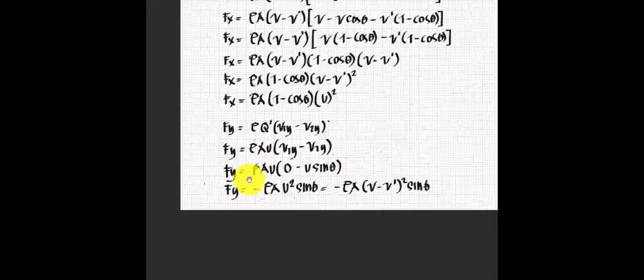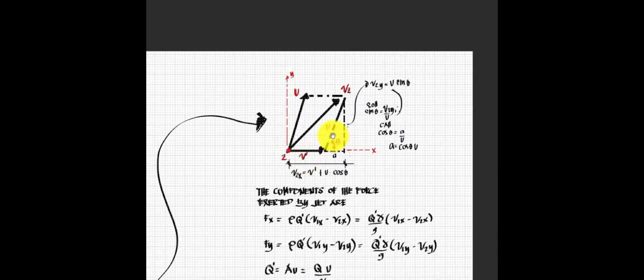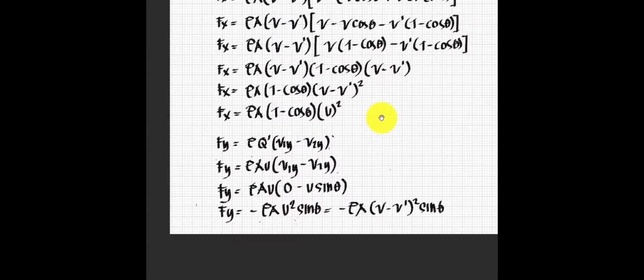We have the angle here, from the previous figure. So going back, sine of theta. This is negative, so distribute, so it becomes 0, with a negative value. Then u squared, or the relative velocity of the jet with respect to the vane, squared, times sine of theta,